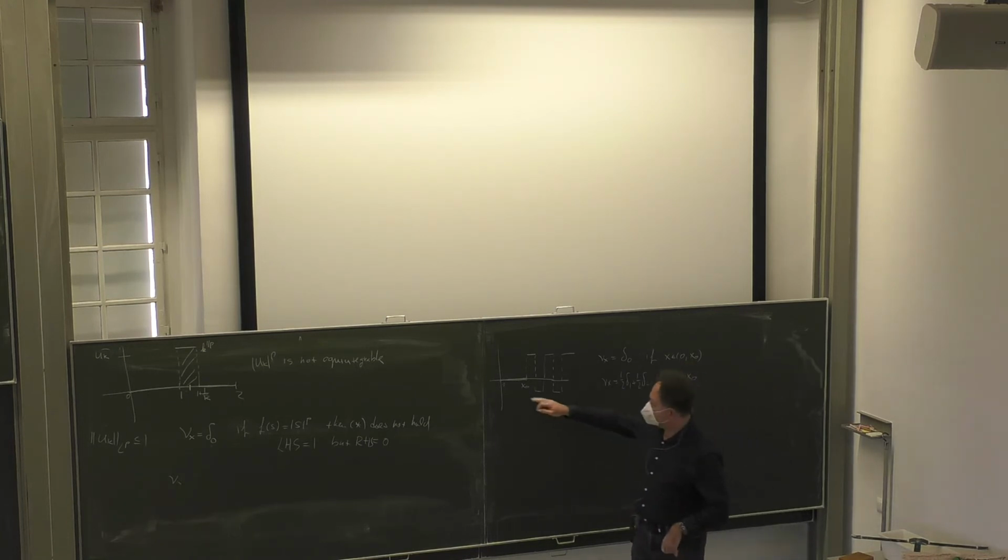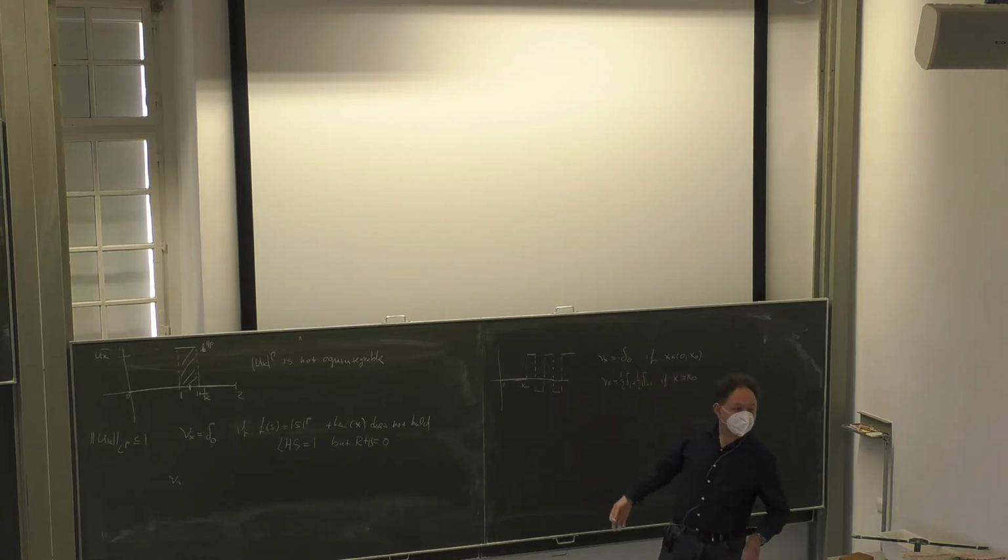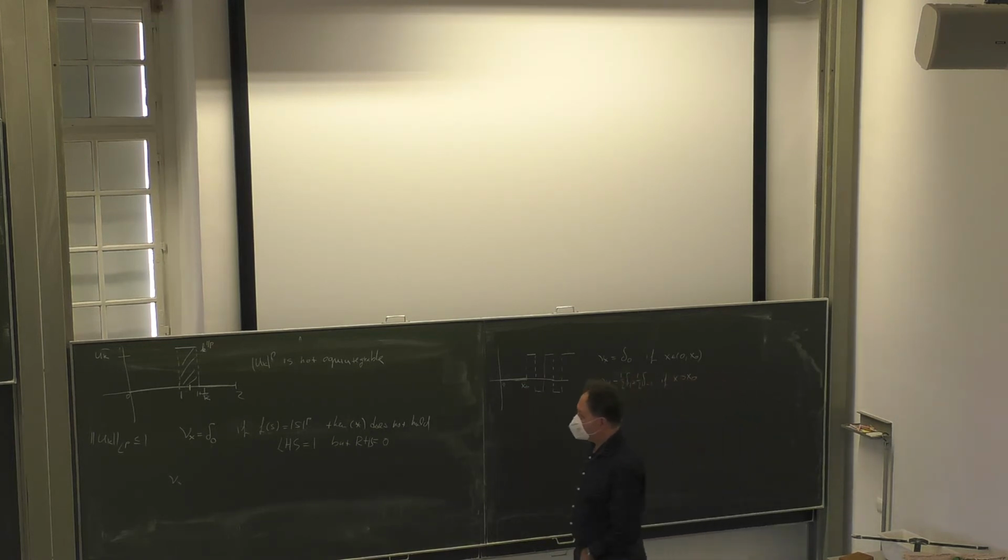Because if the sequence is such that it's 0 here and then it starts to oscillate, then the measure will see that also. So this was because up to now we had only homogeneous measures, and so